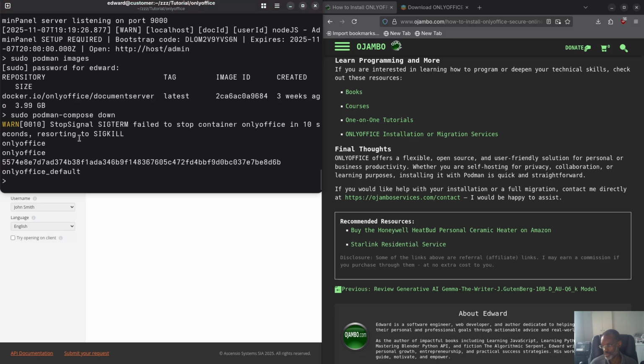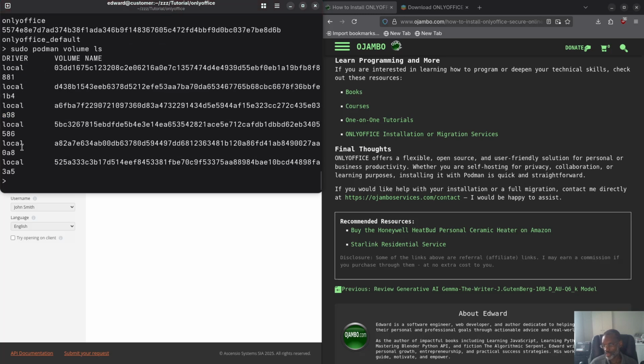Okay, so it killed it. You see it had a bunch of images, volumes. So then you can type sudo podman volume ls. You can see there's a whole bunch of volumes here. I don't need any of them. So if I want to delete them, I just type